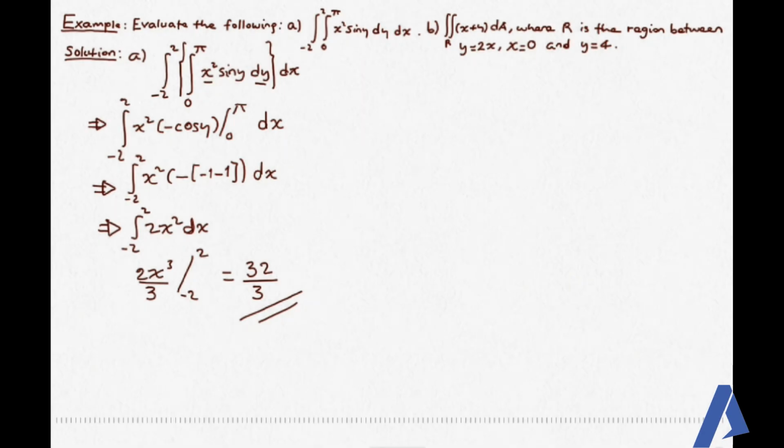ለቢ ደግሞ ሪጅናችን ዳይሬክትሊ አልተሰጠንም፣ ግን the region is between y is equal to 2x, x is equal to 0 and y is equal to 4 ብሎናል። ስለዚህ ይህንን simply in the xy plane roughly sketch በማድረግ ሪጅናችንን ማግኘት እንችላለን ማለት ነው። ስለዚህ y is equal to 2x is a line that passes through the origin. x is equal to 0 is the y-axis and this is the x-axis. y is equal to 4 ደግሞ it's a horizontal line that passes through y is equal to 4. ስለዚህ let's say this is 4 እንዲሆናል ማለት ነው። ስለዚህ the region is between these lines ይላል። ስለዚህ ሪጅናችን ይሄኛው ይሆናል ማለት ነው።